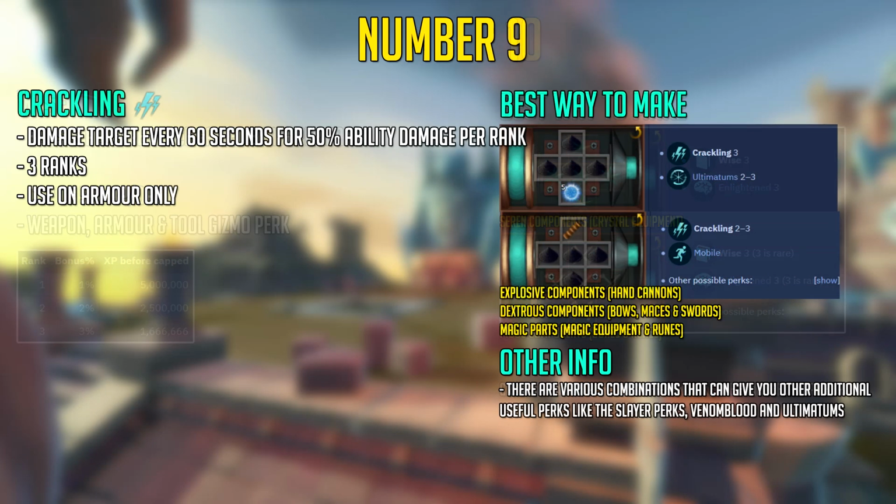At number 9 we have the Crackling perk, which is a really good perk you should put on your armor only, which damages the target every 60 seconds for 50% ability damage per rank. There are 3 ranks, and this is quite an easy invention perk to obtain if you're a main account, because you